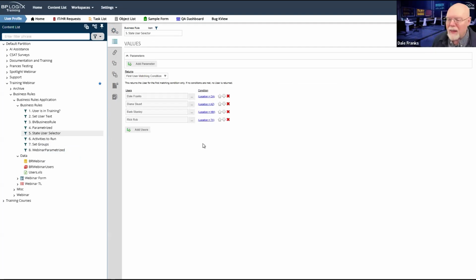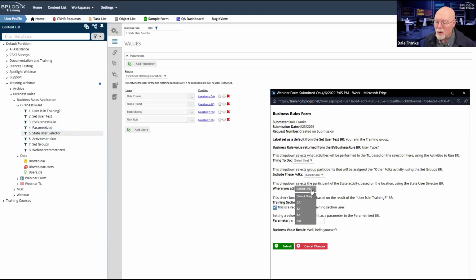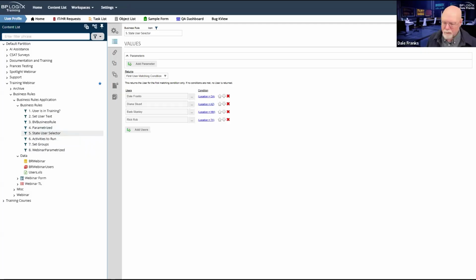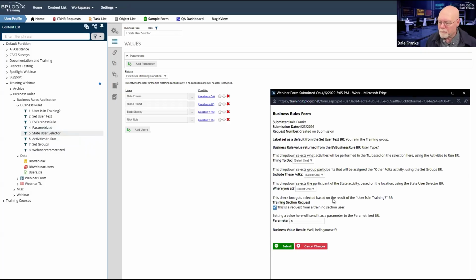I'll explain that in a little bit. Just keep that in mind. In any event, the state user selector is real simple. Based on what I select here, it is going to return the appropriate user for the state selected. So we're cool with that.